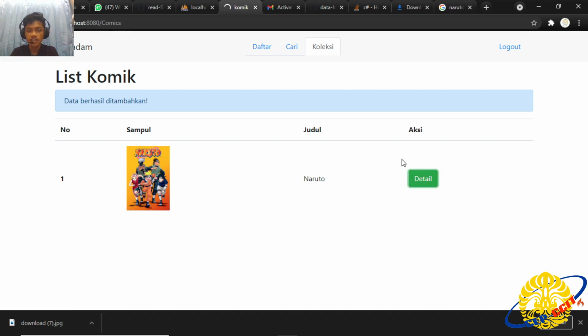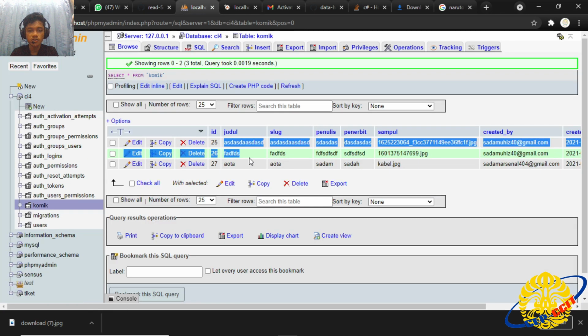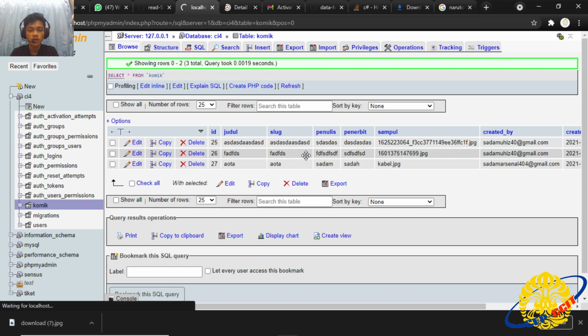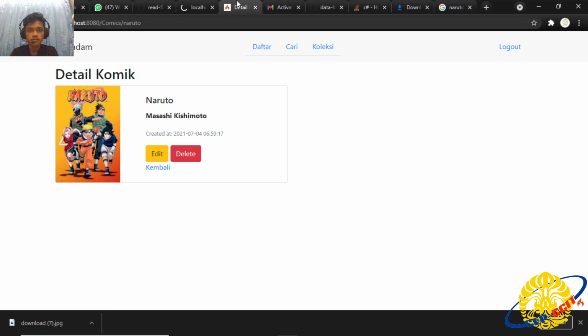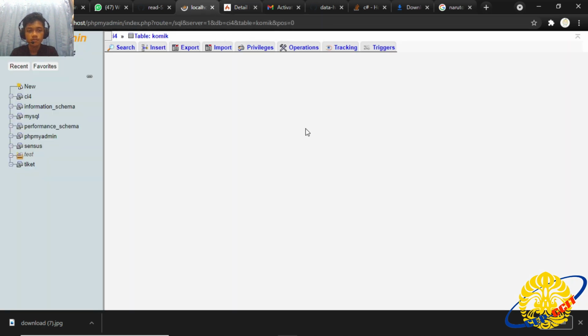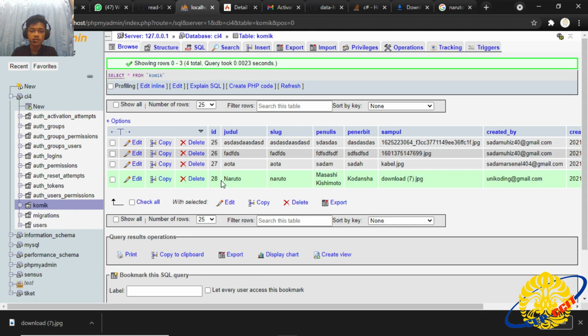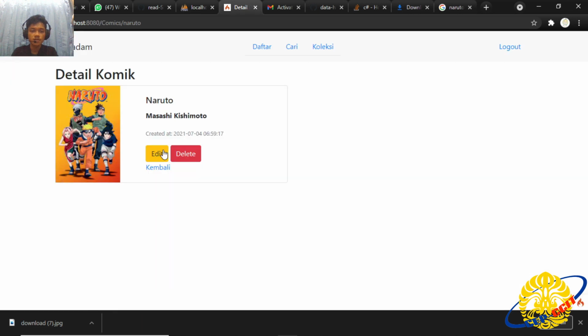We can check the detail and we can check our database. Here we just have three random data, and now we need to refresh to see the new item. We can edit here, we can delete, but let's see that another time. Okay, we can successfully see the item that was input before, so we can edit.